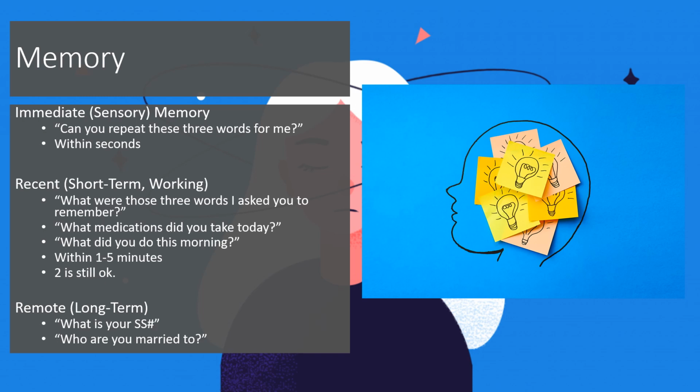One thing you have to be aware of with all of these things is confabulation, right? Confabulation is when patients tend to make things up because they do have problems with memory. It's a defense mechanism. Think about it this way. If someone were to ask you, what did you do this morning, and you couldn't come up with it, that would be concerning to you. It would make you nervous that something was going on, and then it would make you frustrated and angry, and